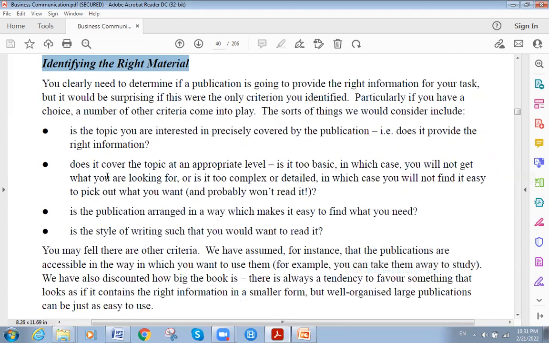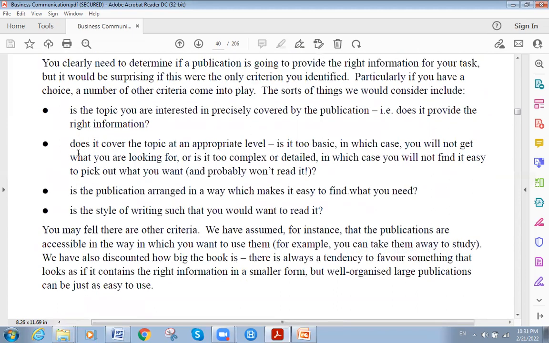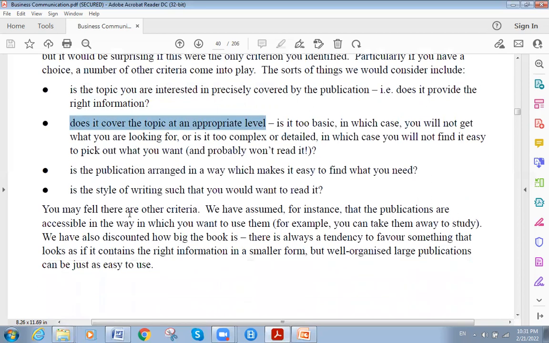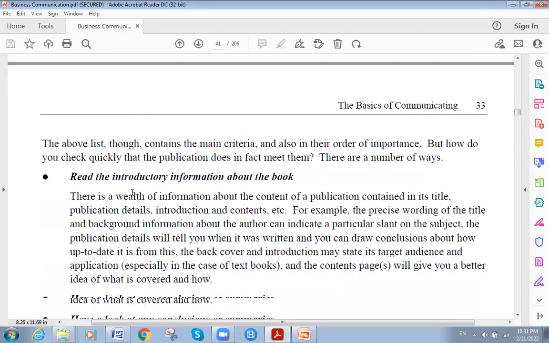So here, you will ask yourself this question. Does the publication precisely cover the topic you are interested in, so that you are in the right information place? Does it cover the topic at an appropriate level or not? Is the publication arranged in a way which makes it easy for you to find what you need? Is the style of writing such that you would want to read it or not? Those are the points